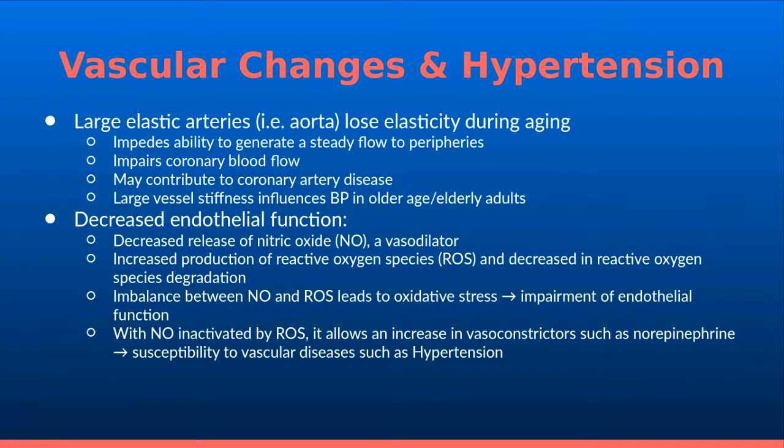During the aging process, this collagen and elastin begins to break down, which affects blood flow to the coronary arteries and the rest of the body, and it increases the cardiac work. There's evidence that this causes increased cardiovascular risks, which include hypertension. This loss of elasticity in the large vessels has a larger impact on older adult hypertension, whereas with younger people, blood pressure is more determined by